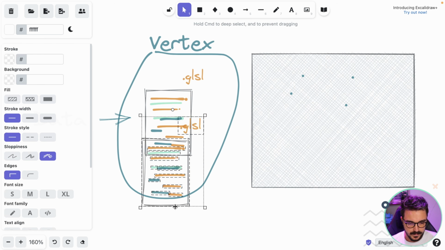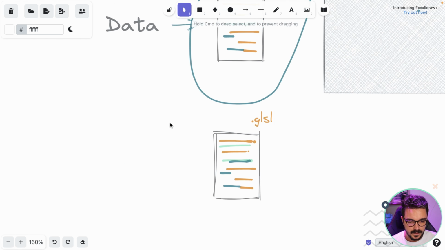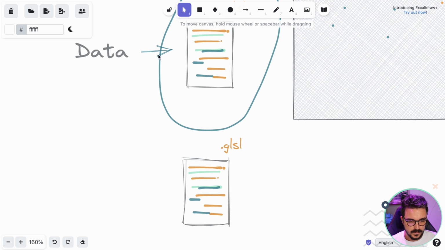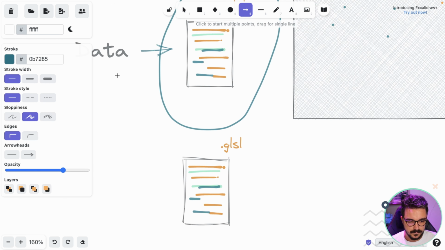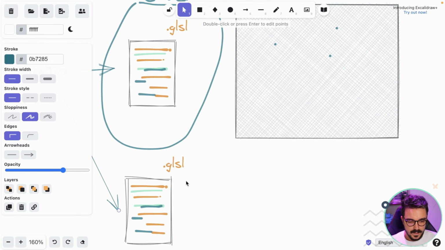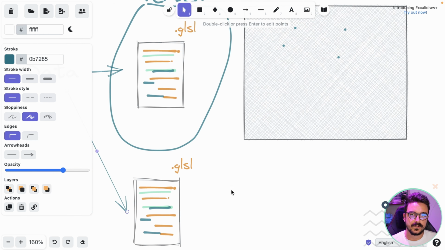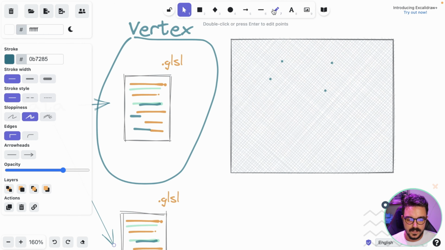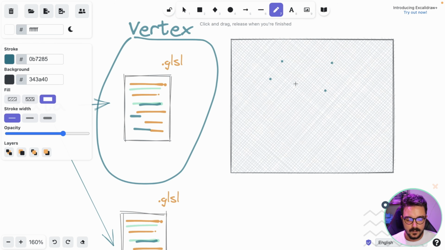So I'm going to replicate this and put it here, as the other one is going to receive the data from here. And what this shader is going to do is tell us, for each fragment here, and when we talk about a fragment, it's the smallest unit. Think about it as pixels, okay?